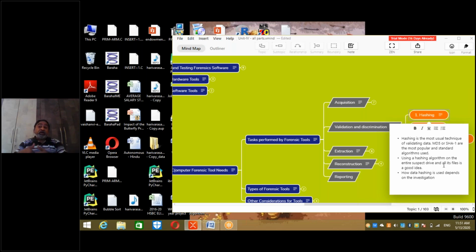Now, in the previous topic, acquisition, we talked about physical copy and logical copy. Which is better? Unless you are very clear that you don't want the other part of the disk, you always go with physical acquisition. You will not go with logical acquisition because maybe traces of data will be found there also.